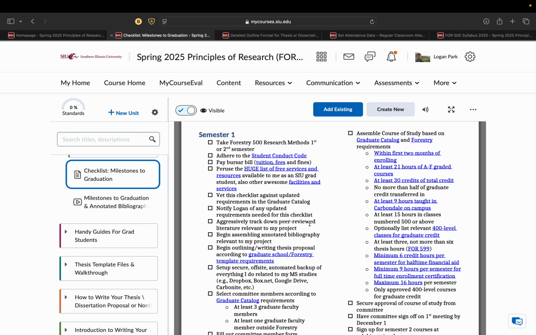A couple of graduate students in the past have reported a lot of satisfaction with printing this out, even in large format, like a 2x3 foot poster. So a 0.6 by 0.95 meter poster board sheet, and just scratching out each of these as you go. And you see more and more of that starting to be on your done list instead of your to-do list. And that helps you to build momentum and feel like you're making clear progress, whereas,